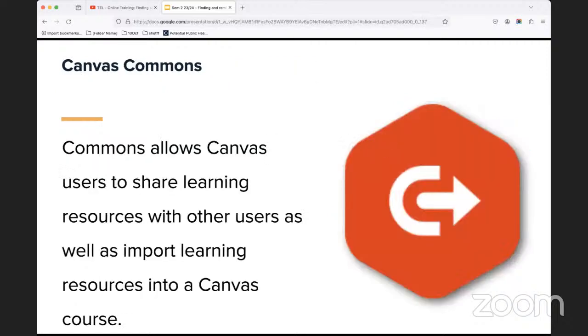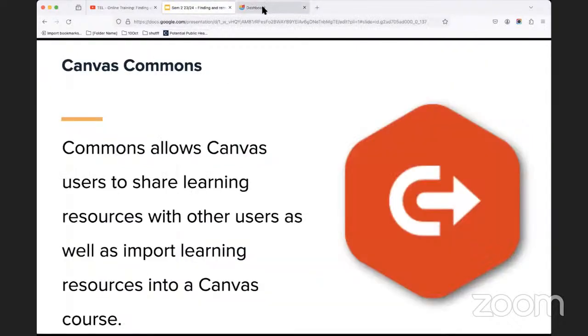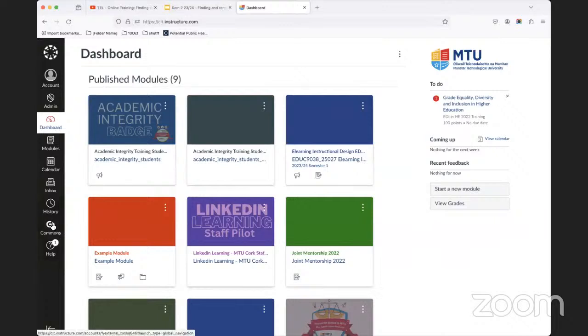A useful feature in terms of OERs in Canvas is this resource called Canvas Commons. I'm not sure if it's something which many of you might have come across before, but basically Commons is an OER repository.